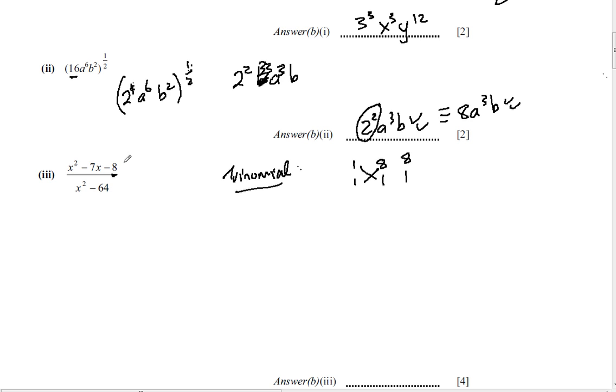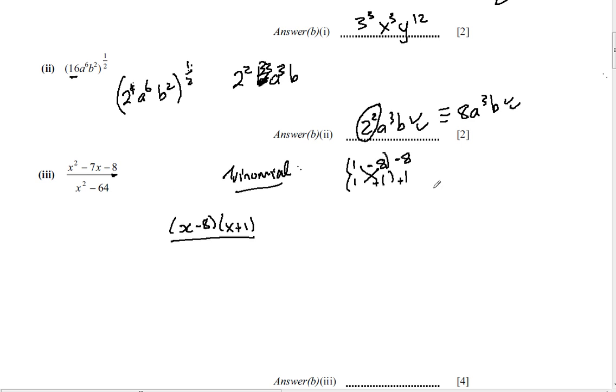We've got to get to negative 7 with these two numbers, so negative 8 plus 1 will take us to negative 7. Therefore, 1 minus 8, 1 plus 1, these are our brackets, and the x is attached to the number on the left of the bracket, so it's going to be 1x minus 8, which is the same as saying x minus 8, and 1x plus 1, which is the same as saying x plus 1, over